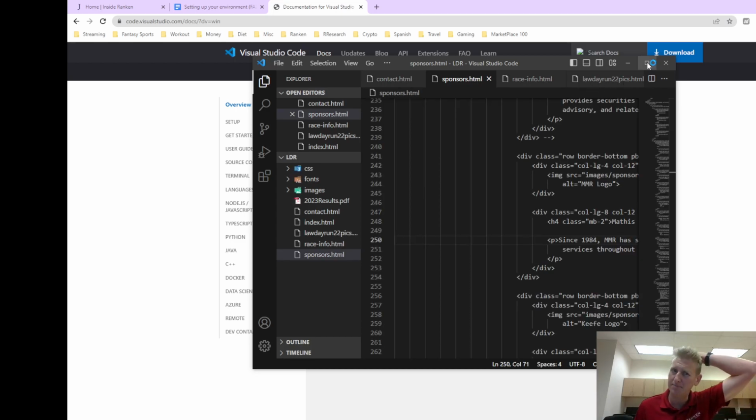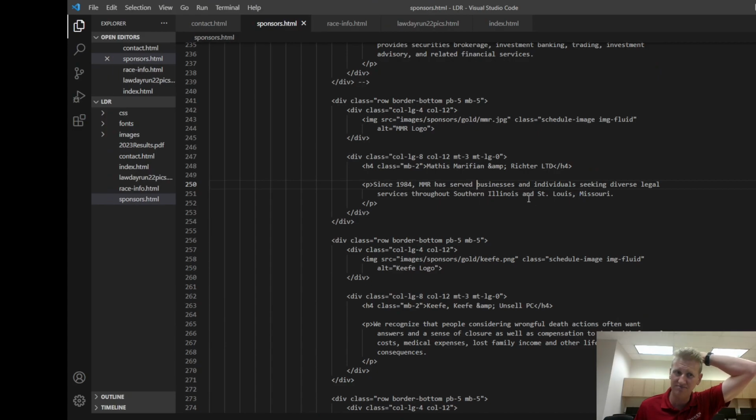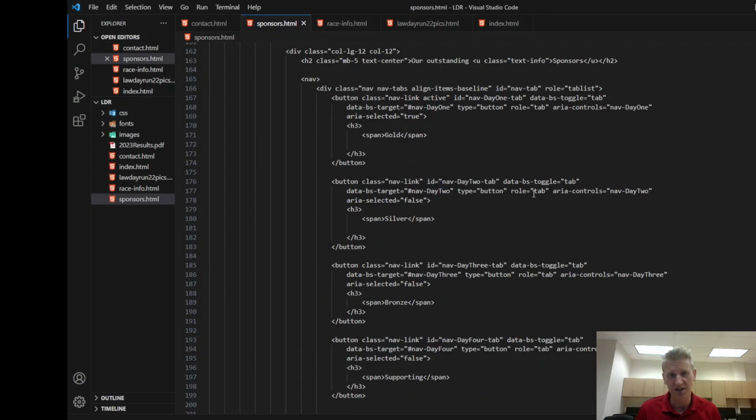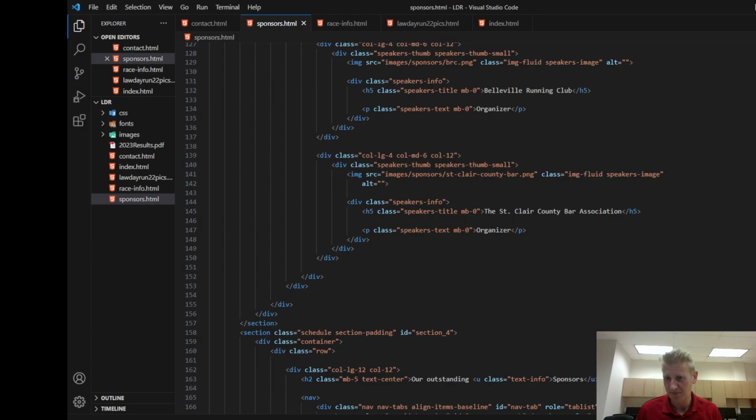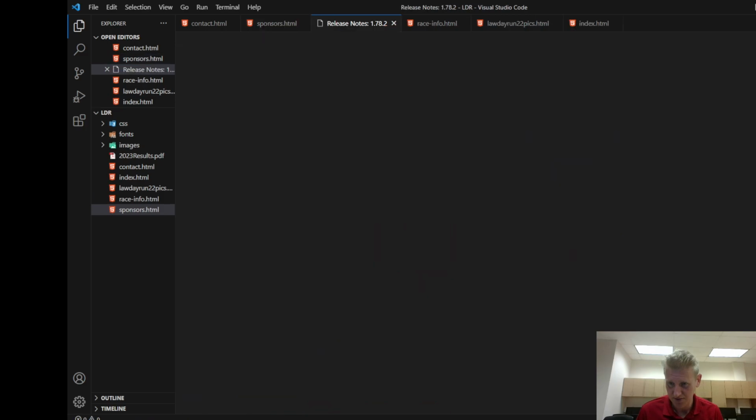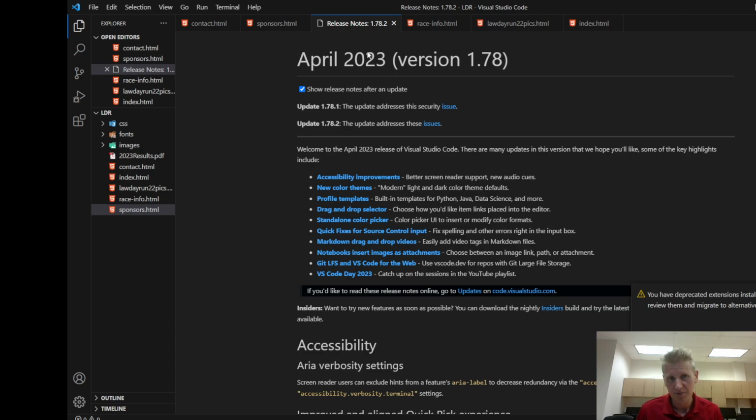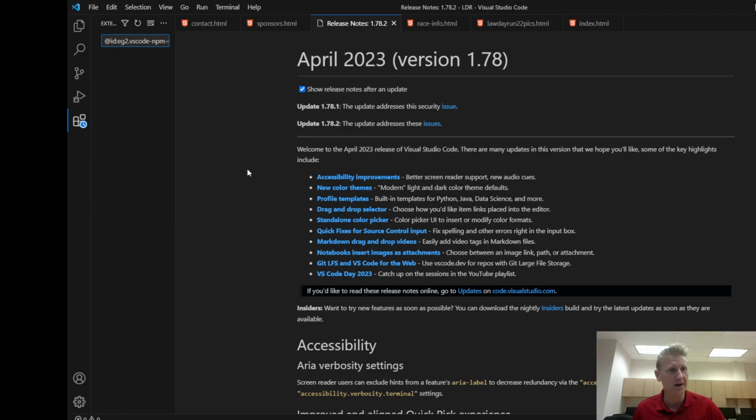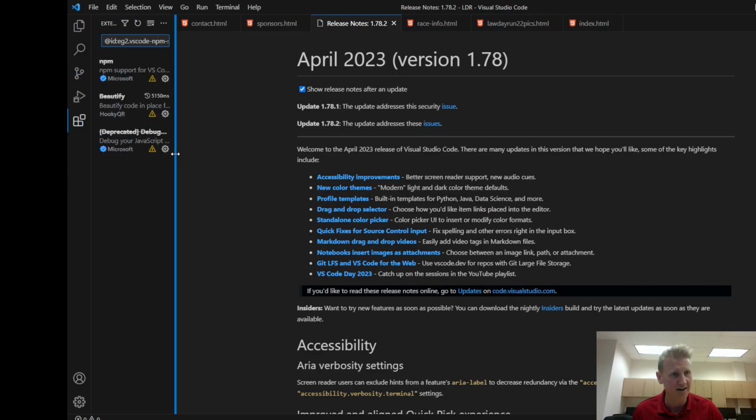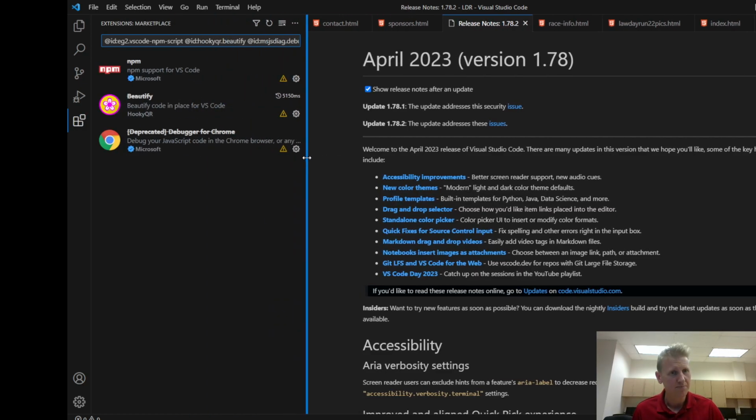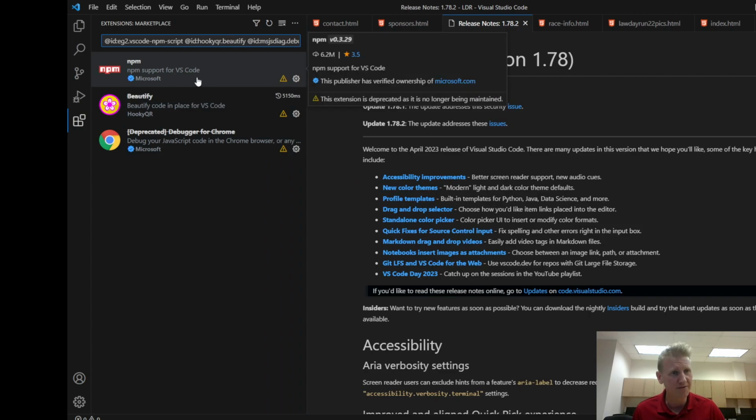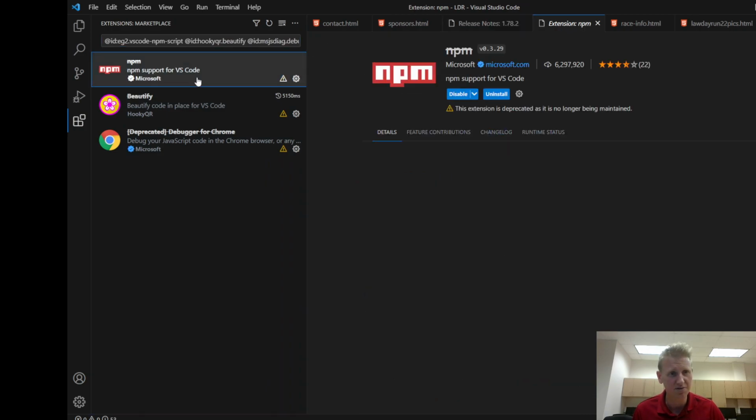And it went ahead and opened up kind of a little website that I got on my machine here. I've got some deprecated extensions. So I'm going to go ahead and just start by uninstalling anything deprecated. I can always, npm for VS Code. Interesting. So